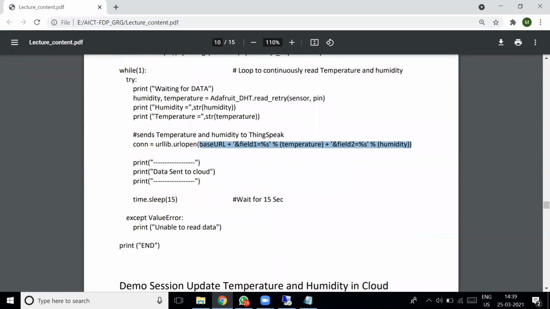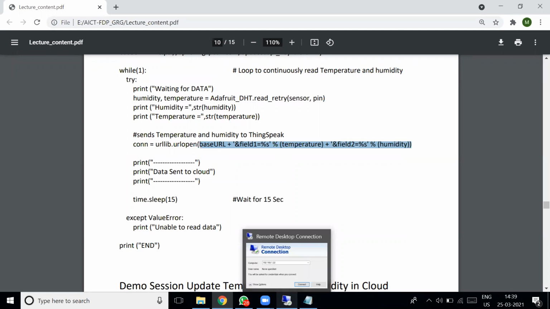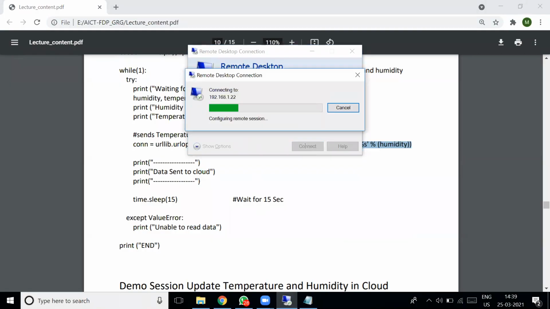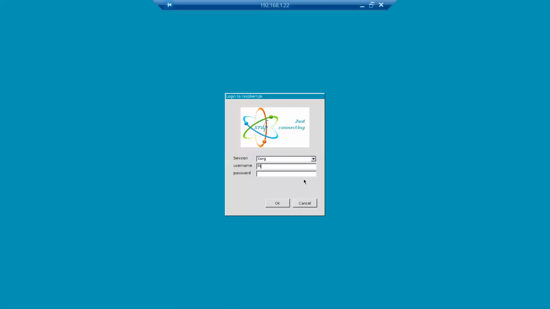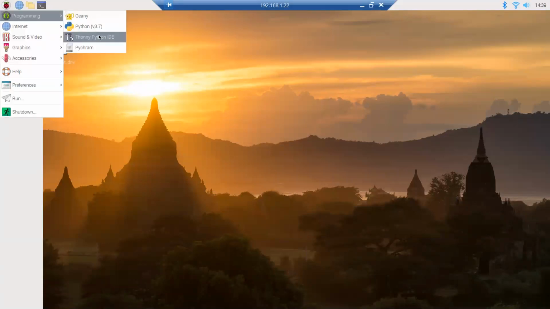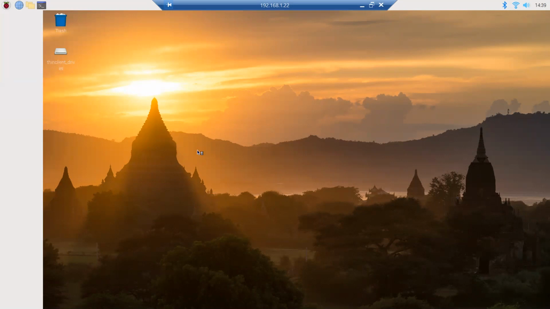So let's test the code, whether the data is stored in the cloud or not. Again, I will connect my Raspberry Pi. Username is pi. Password is pi. Thonny Python IDE.